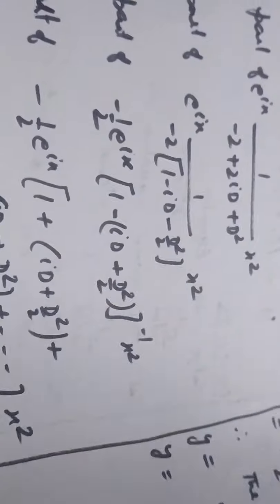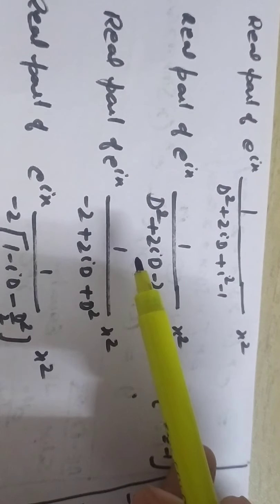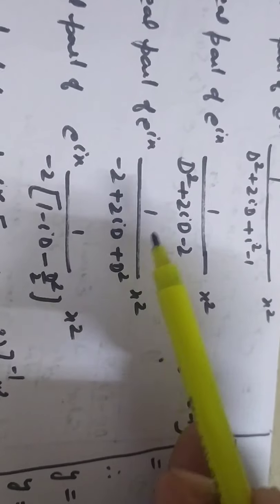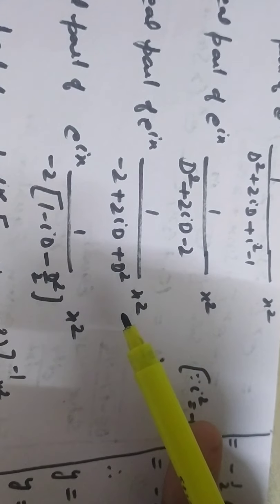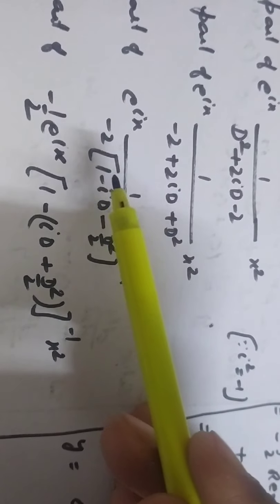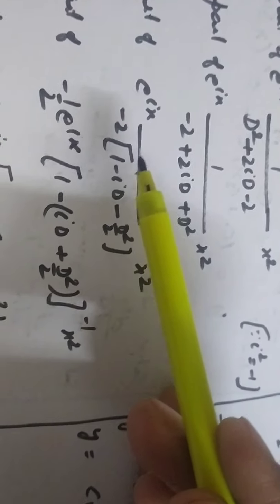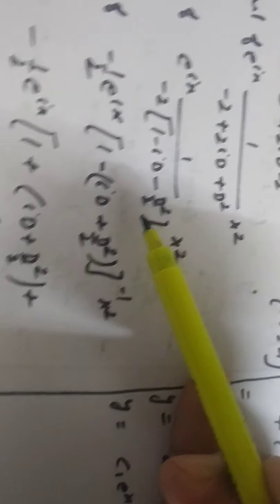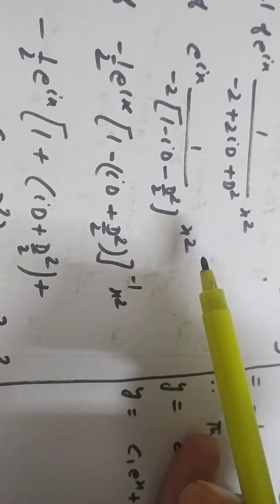You simplify this, and upon simplification you will get here minus 1 over minus 2 plus 2 iota D square x square. Now you have to apply this 1 over f(D) into x square. That is a polynomial in x or a function of x. For that you have to make the constant term as 1. For that I have taken minus 2 as common. So you are remained only with 1 minus iota D minus D square over 2. This is the procedure to find out the particular integral when there is a function of x or a polynomial in x.